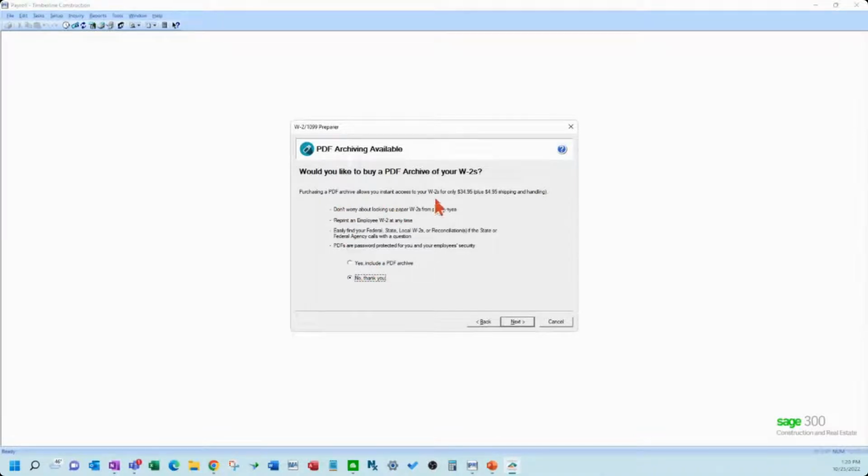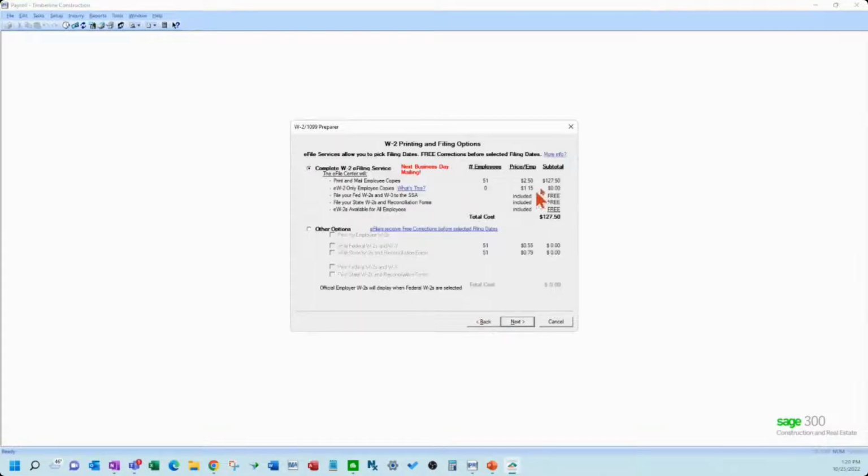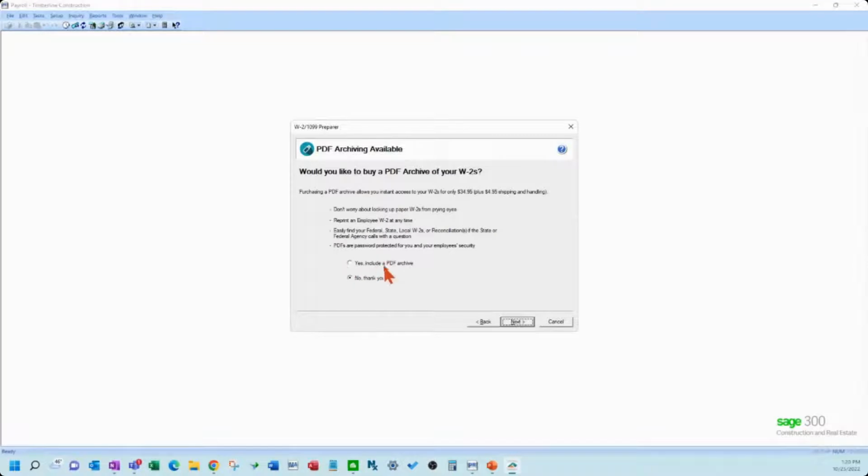So it won't charge, but I'm going to just give you your price, what it does. I don't usually pick the PDF archive because you get one anyway. So this would be like they kind of archive it for you. You can if you really want to, but I always save down the PDF it generates for you.